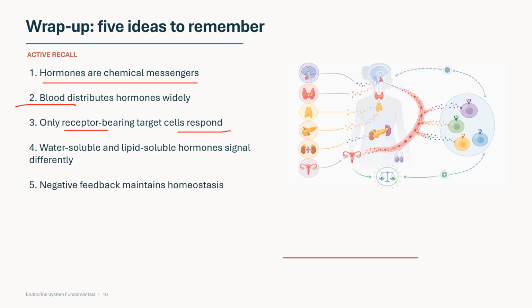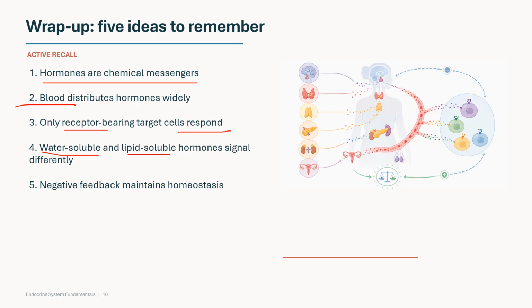So the cells with the right receptor have the ability to respond, whereas other cells will not be responding to these circulating hormones. These hormones are usually categorized in one of two ways, either as being water soluble or lipid soluble. And they signal differently because water soluble will latch onto the outside of the cell membrane and cause a cascade of events on the inside, whereas lipid soluble will squeeze through the membrane and go to the interior